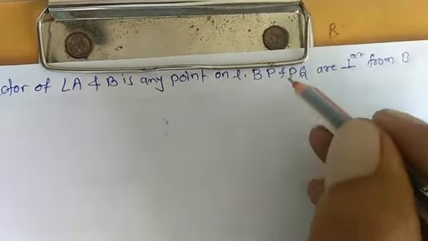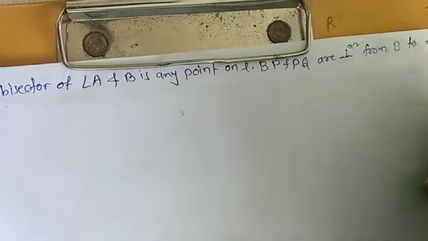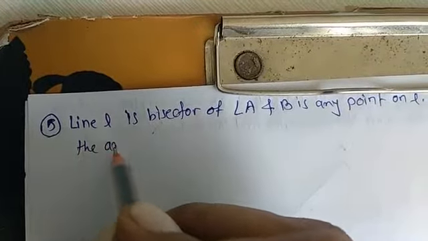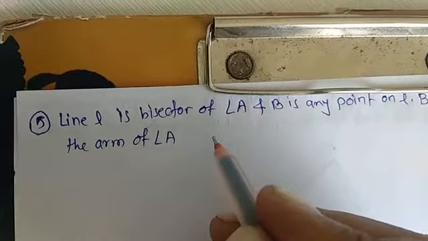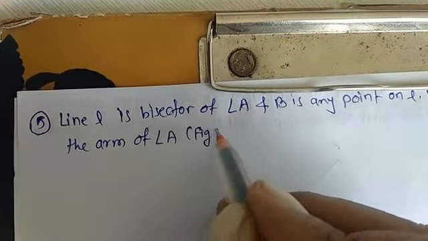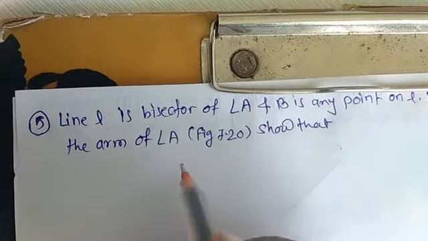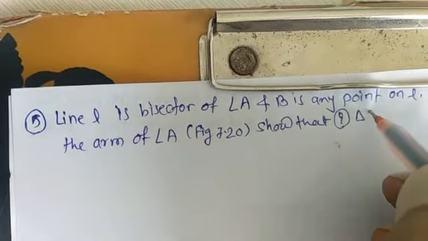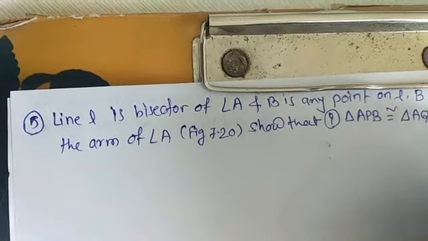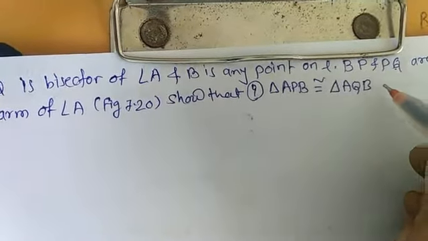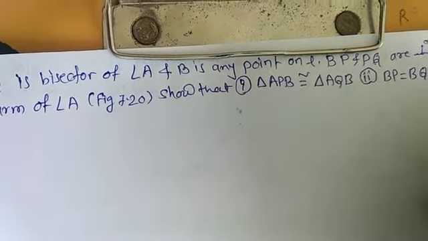Okay. From B, BP and PQ are perpendicular to the arm of angle A. It is figure 7.20. We have to show that first, triangle APB is congruent to triangle AQB. Okay, this is our first part to prove, and second we have to prove that BP is equal to BQ,